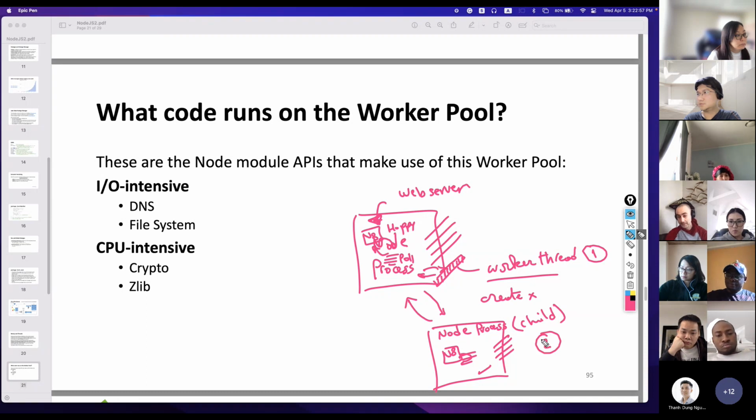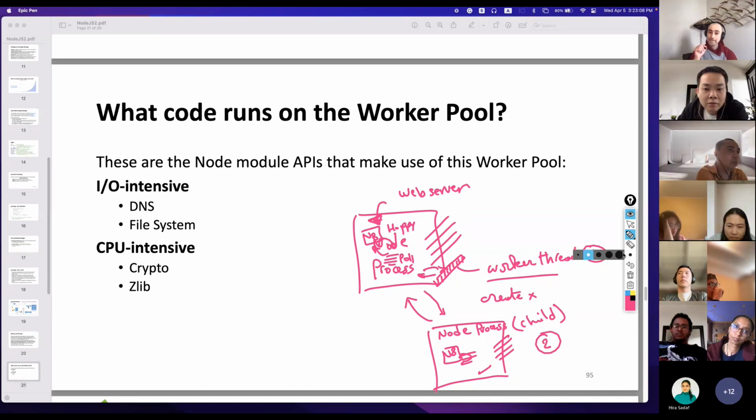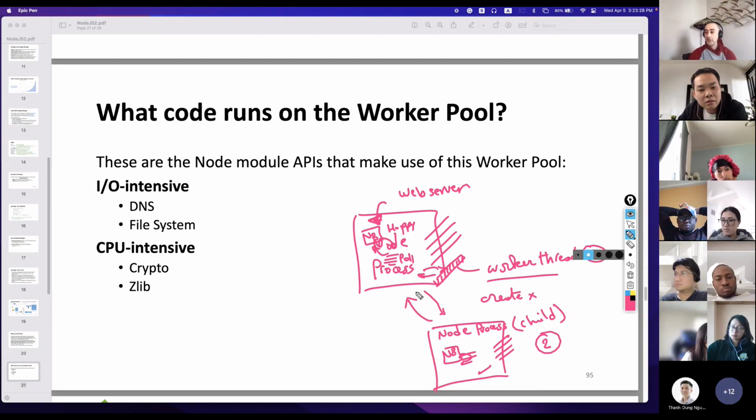Any questions? Professor, yes, I have a question. So it means that the system will create a worker thread in initial state. Yes. Every single time I run node.exe,